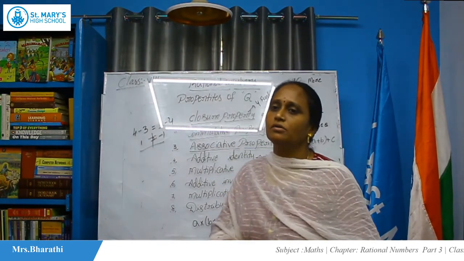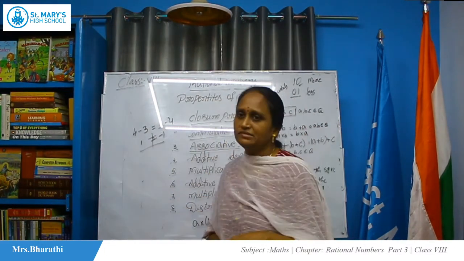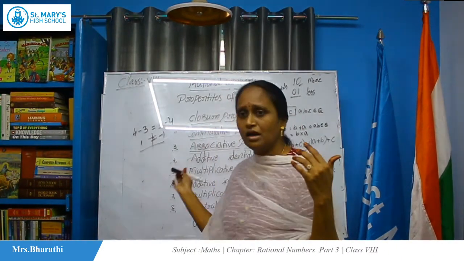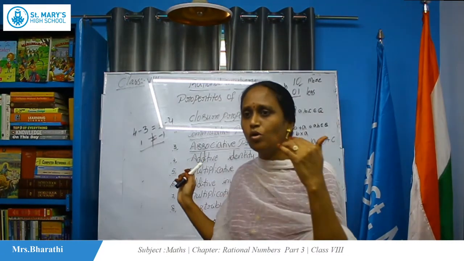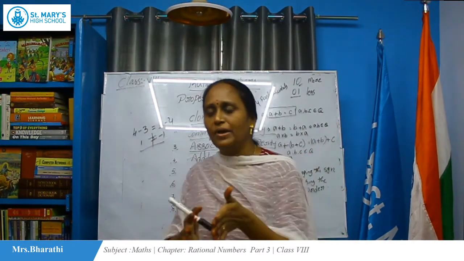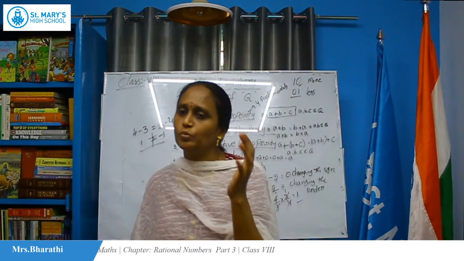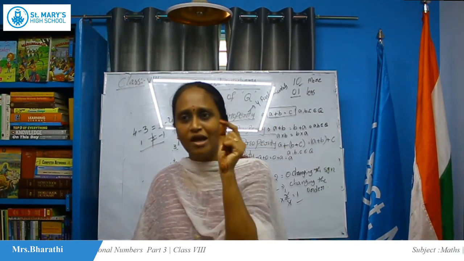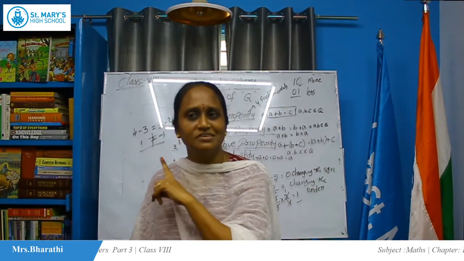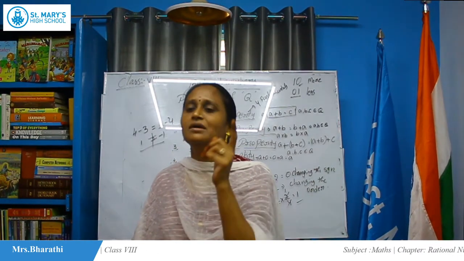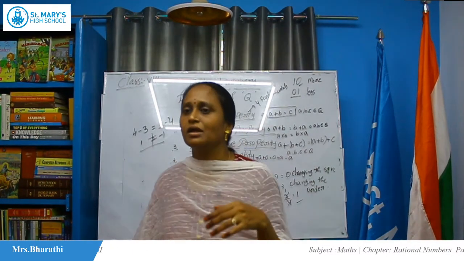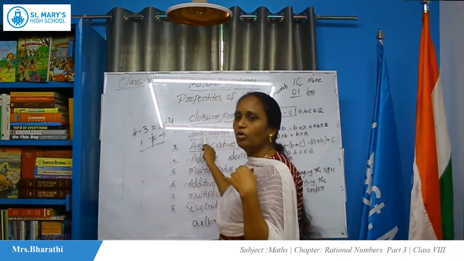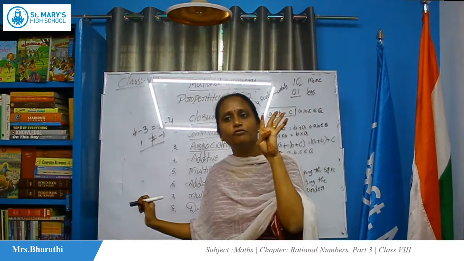And what about our assignment? Now we have discussed all the properties of rational numbers. Apply all these properties. Take examples like 2 by 3 or 4 by 5 or any rational numbers. Remember, you have to take only fractional numbers, not natural numbers and whole numbers. Work out in table form these properties for the 4 fundamental operations.